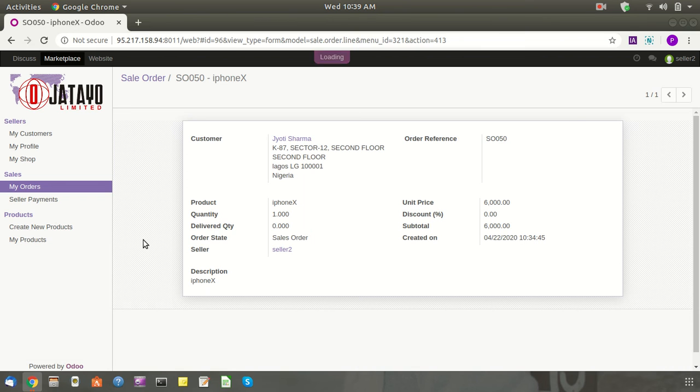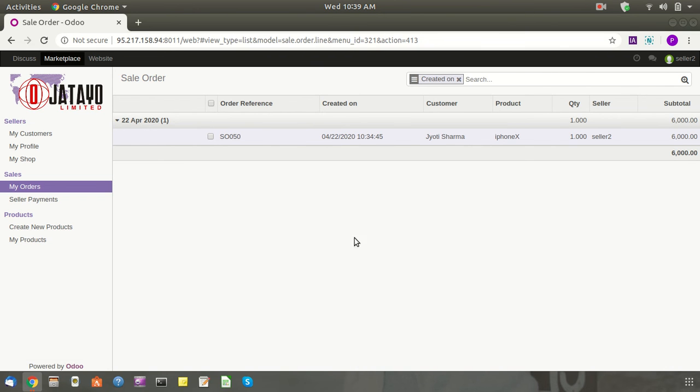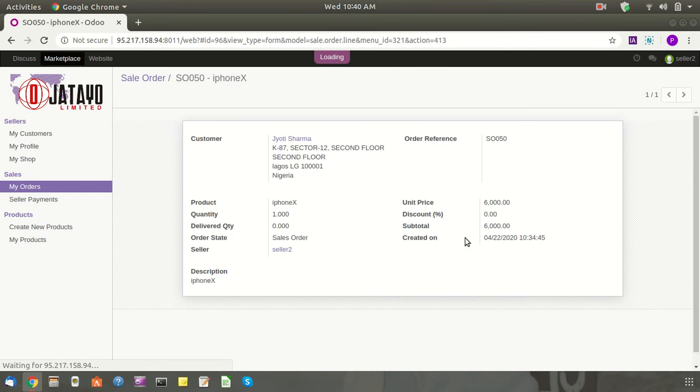Right now after that I need to discuss who will transfer the product, like company or vendor, and who will take the charges of delivery. And after delivery, suppose he has the unit price cost of 6000 naira, so your commission will be deducted from this amount, or suppose he sells the product at 6000 naira.